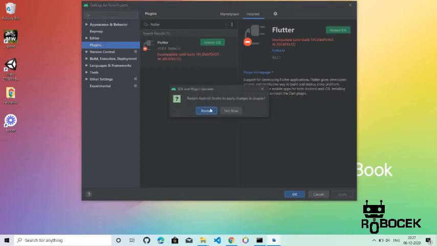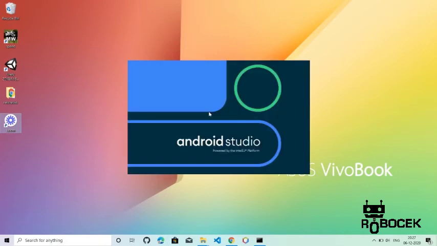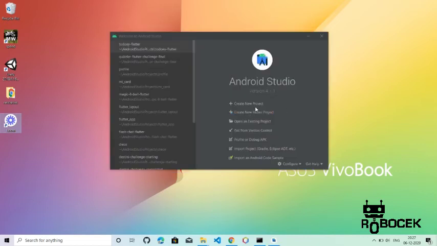Click on Restart and restart again. And now we have got one more option here, create new Flutter project. Click on that.